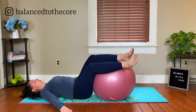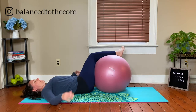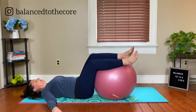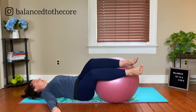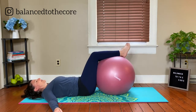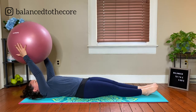And you're going to take your ball over to one side, come back to center, and let the hips go to the other side. Your shoulders stay where they are. We're just letting the pelvis rotate. And rotate. 1 more each side. Excellent. Go ahead, take that ball in between your hands, stretch your legs long, and we're going to reach the